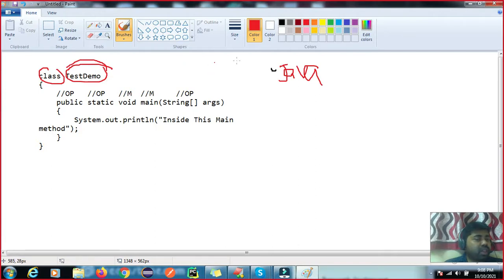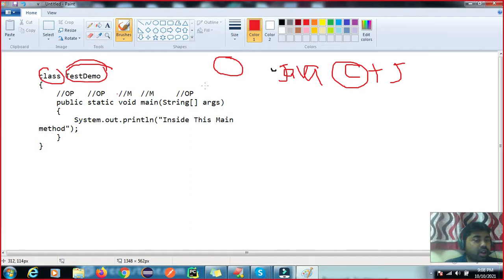Then in the JDK we have the compiler, JRE and JVM. I will tell you what the JRE is in the coming session, but here you have to compile the code. What is the job of the compiler? The compiler will check the syntax of the code, whether it is applicable for Java or not. If you write something wrong which does not belong to the Java concept, the compiler will throw an exception. That is called a compile time error or exception.